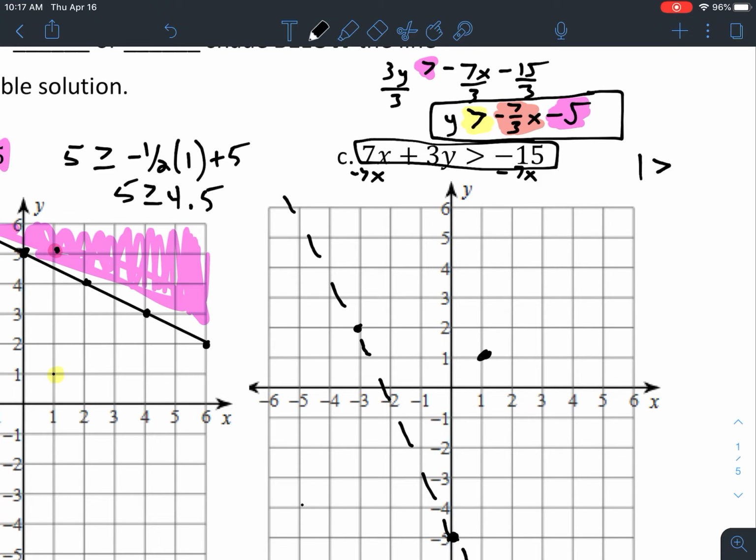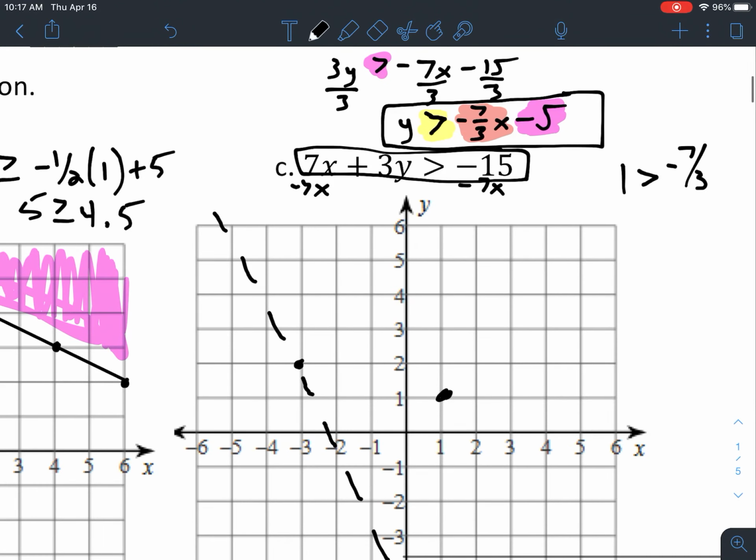Y is greater than negative 7 over 3. Hold on. Right where I have some more room. We're going to do it right here. So 1 is greater than negative 7 divided by 3 times 1 minus 5. Negative 7 over 3 times 1 just gives us negative 7 over 3 minus 5. Ends up giving us, just to make it simpler in our head, ends up being